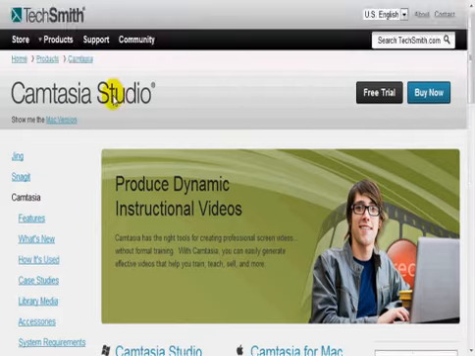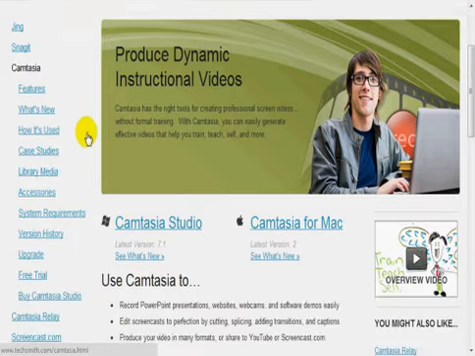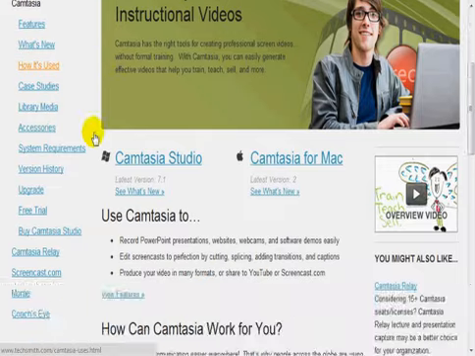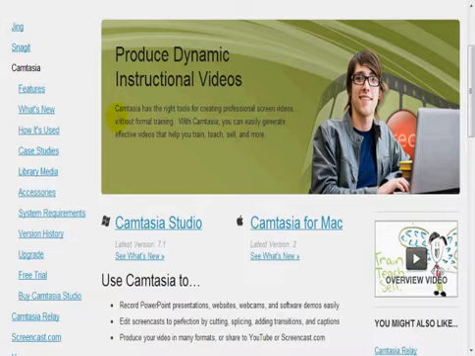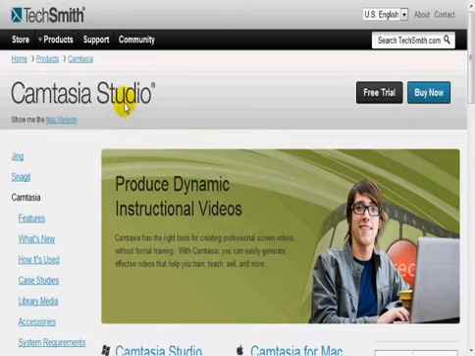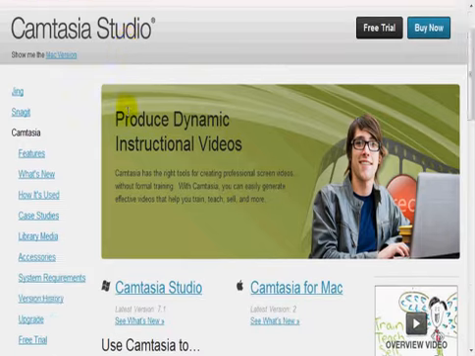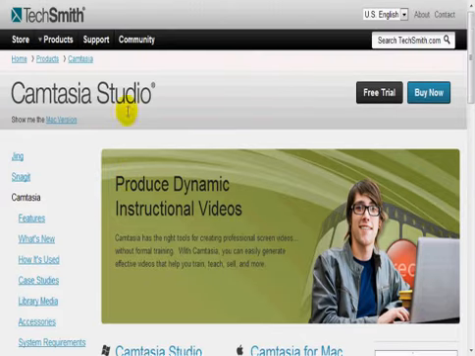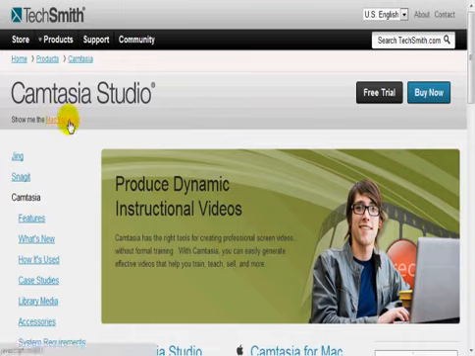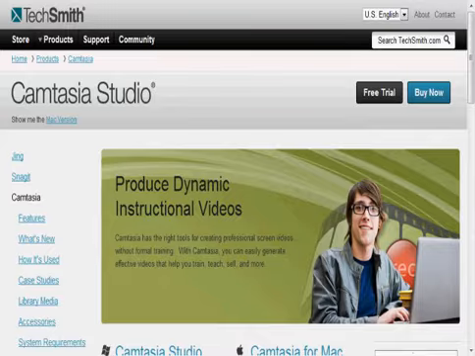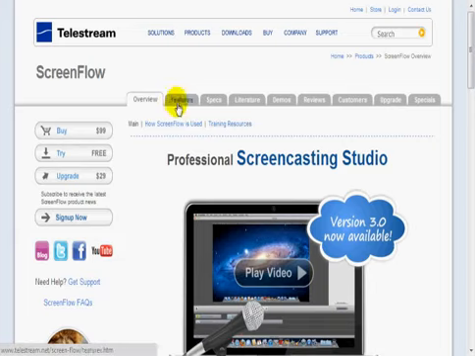I love Camtasia, but it is a little pricey. It is about $299 to get. But I will say, if you are creating a lot of video training videos for your products and you got a lot of products and you can foresee yourself creating a lot of videos, then it wouldn't hurt to get Camtasia. If you don't have a PC, they do provide a Macintosh version, but I have heard that for Macintoshes,